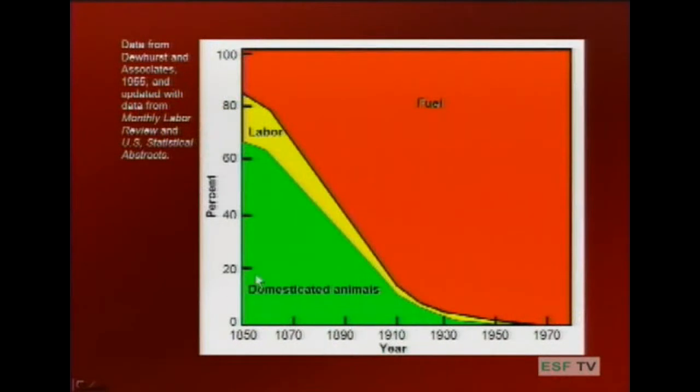And you can see our quality changing over time in this graph, which shows energy use as a percentage over time for the U.S. economy. Again, physical labor, domesticated animals, very important in the early years. Now it's all mainly about fossil fuels. So our energy mix, the quality of it, is increasing.